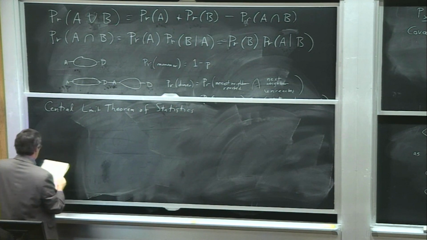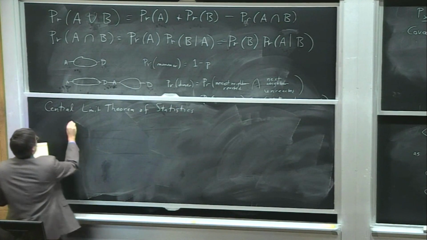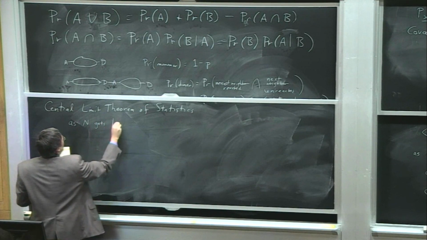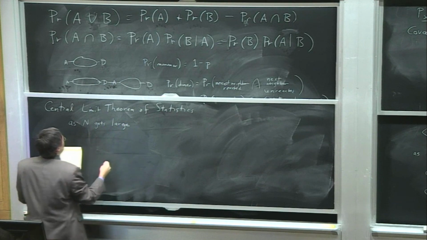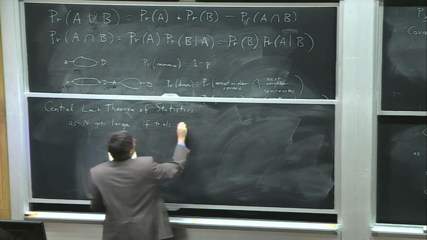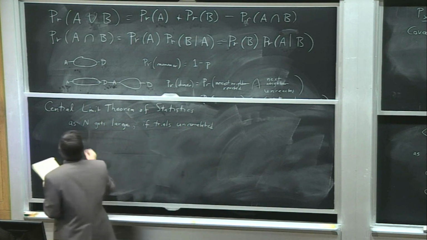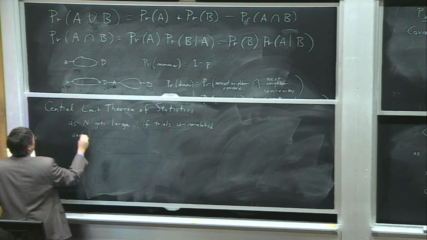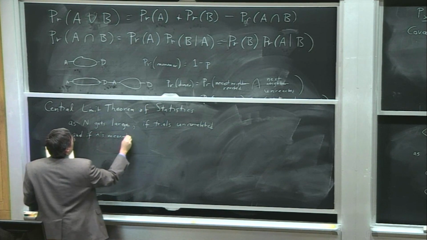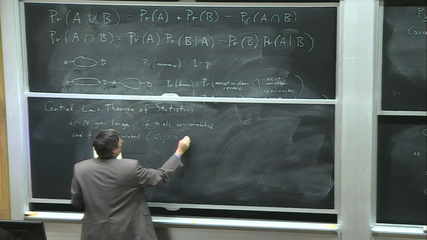And what this theorem says is that as n gets large, and if trials are uncorrelated, and if the x's are uncorrelated, which is the same as saying that Cij is equal to 0 off the diagonal,